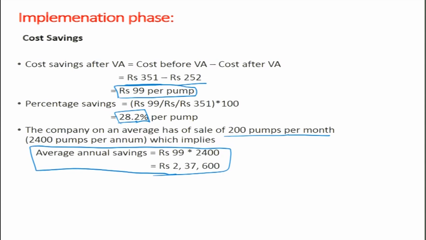When we talk about the implementation, there's certain difference between the actual and the planned things. As I said, in implementation phase, those things are to be taken into account because we are set up and there is a change in the setup on the plant layout. Sometimes those things have to be made. So there is resistance to change sometimes and people do not implement the things. So this is value engineering methodology for a foot operated air pump.